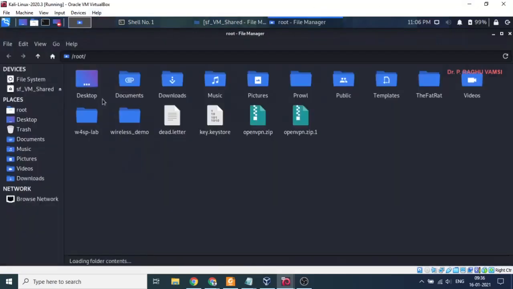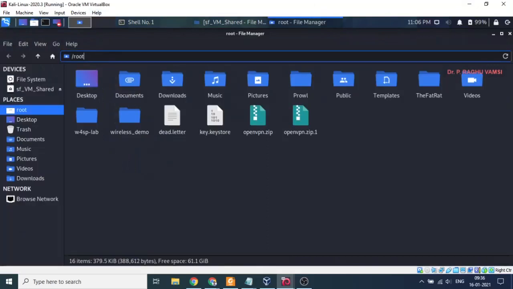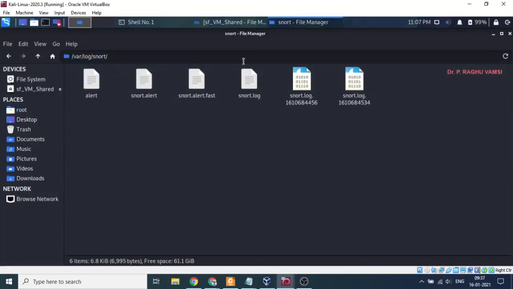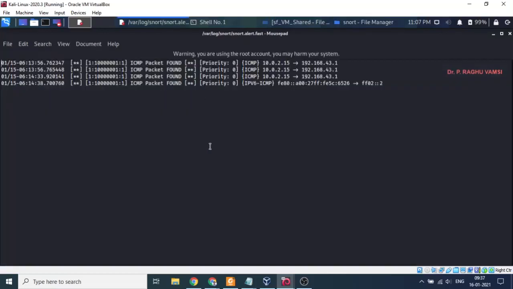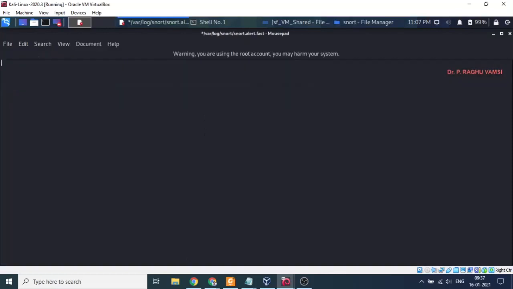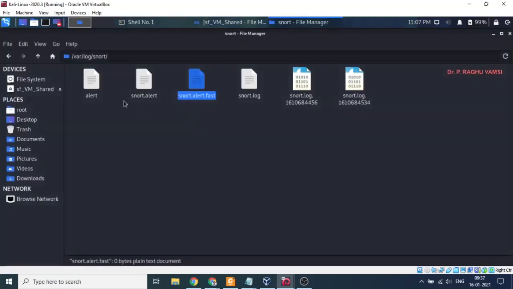We know that the log is available in /var/log/snort. So here, snort alert fast. I'm clearing the log. This is also 0 bytes, 0 bytes, 0 bytes.